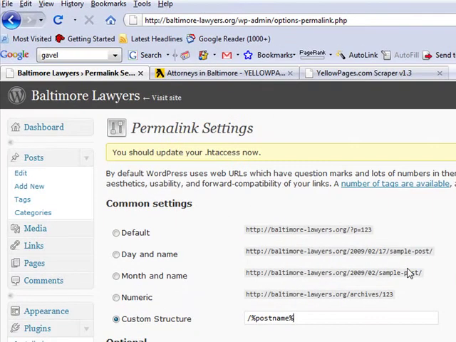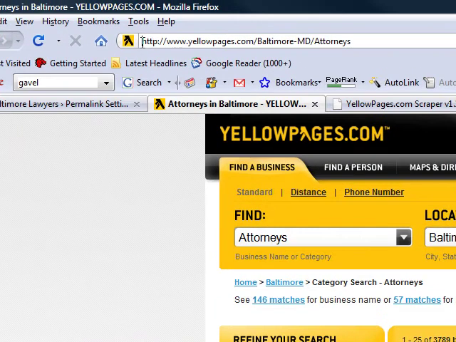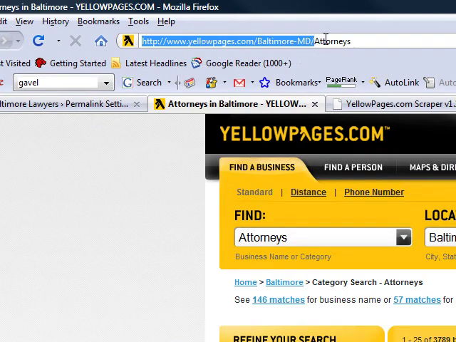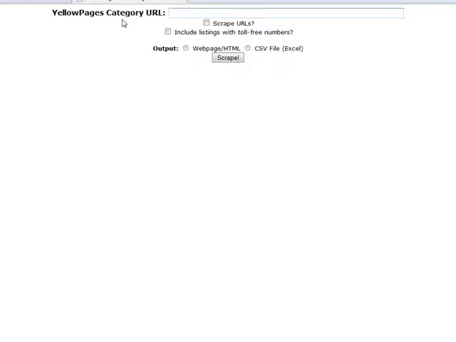So now is the real tricky part, and this is made possible mostly all by WFReview. So what we're gonna do is go back to the Yellow Pages section where our attorneys were listed, and it has to be an URL like this. It can't be a search URL. It has to be a location and then the category name. We're gonna copy it. We're going to go to a Yellow Page scraper, and I've got one you all can utilize as a resource,